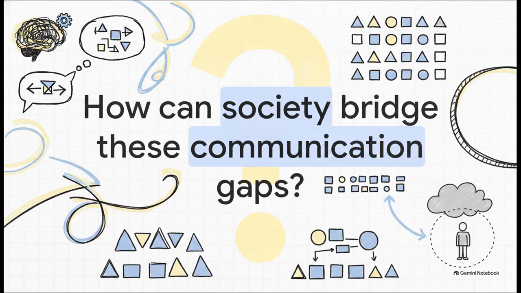We've mapped out the reality here: the high rate of co-occurring intellectual disability, the communication roadblocks, the repetitive behaviors, and the profound social isolation. Knowing these core challenges, we're left with a massive question to reflect on. What actual steps can we take as a society to better bridge these communication gaps? How can we step into their world rather than constantly forcing them to navigate ours to truly understand and accommodate their experience? It's something to